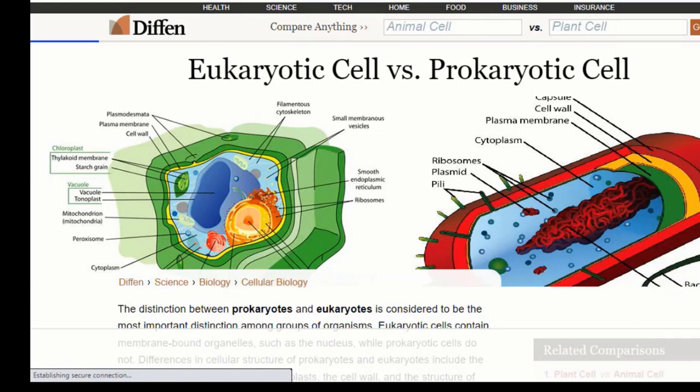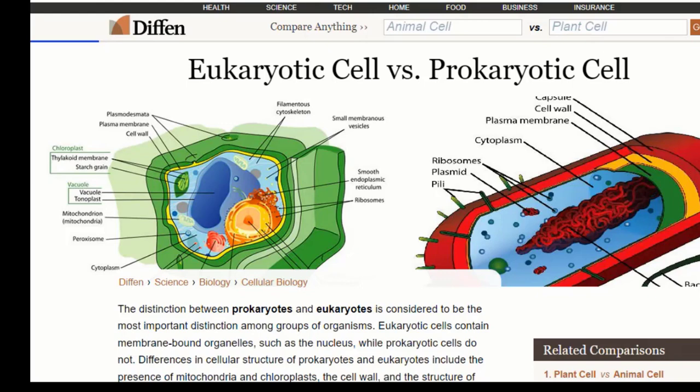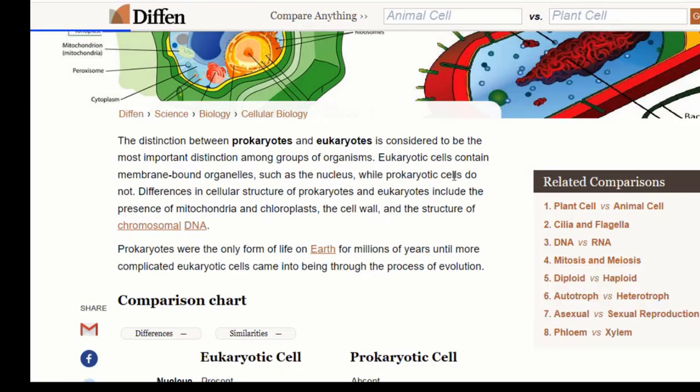it's very slow. This is where the link will take you, where we're going to be showing you the differences between eukaryotic cells and prokaryotic cells in terms of structure, where the notes are derived from. Hopefully I can do this. And you can see, on BLG1502, we talk about the distinction between the species, where the prokaryotic and eukaryotic are considered to be the most important distinction among the groups of organisms, and if you can just check here,